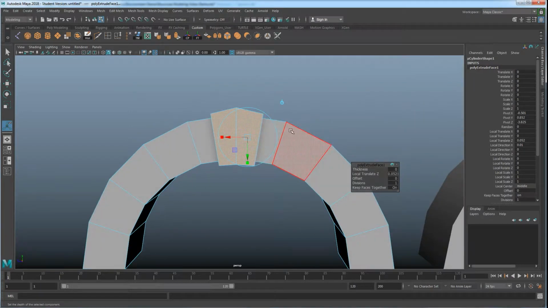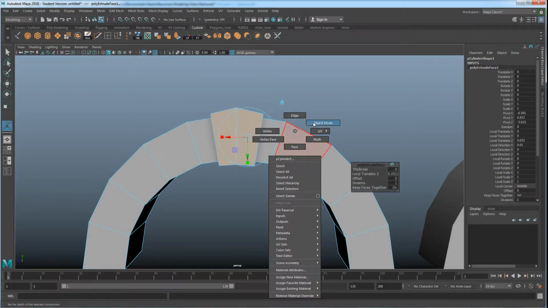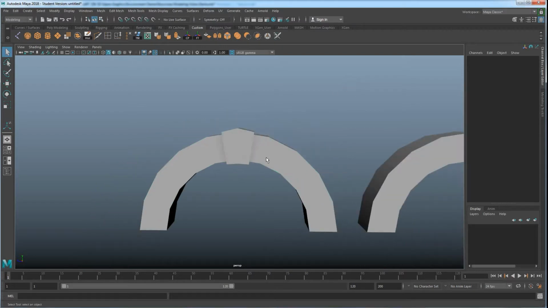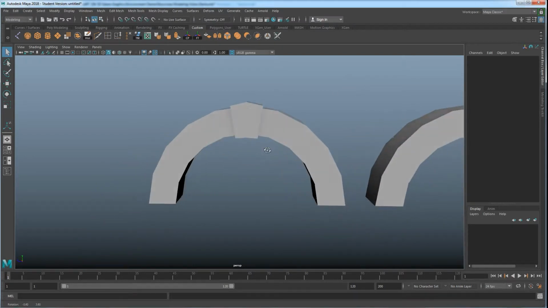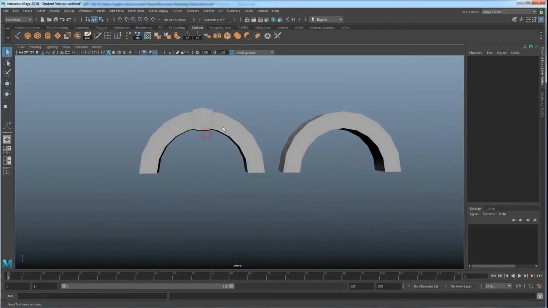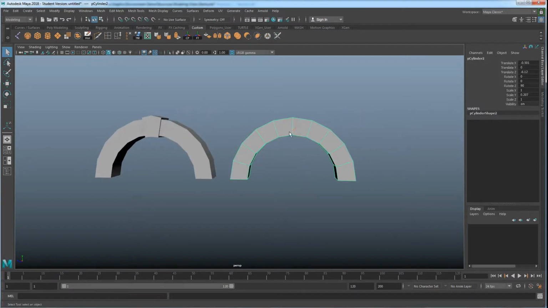And at this point, just right click, go back to object mode, and click off of it. And I have a nice capstone sitting in there for a Roman style arch. If I want more of a Gothic kind of arch, I could go over here, click on this, and